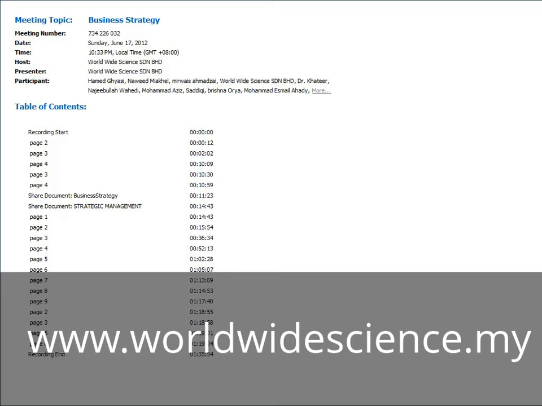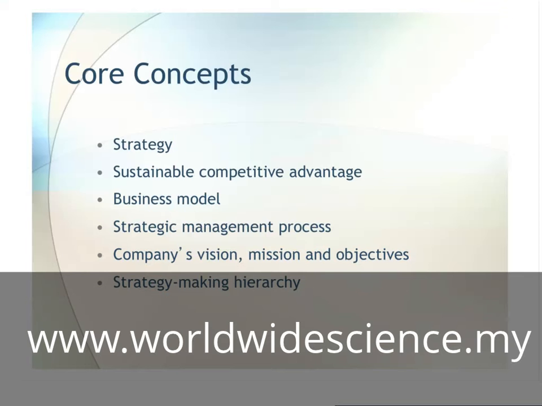I also want to explain some key issues before we move forward. So let's also include these core concepts of strategy, sustainable competitive advantage, business model, strategic management process, company's vision, mission, objectives, and strategy making hierarchy. So these are basic concepts that you need to know before we move forward. So let's just explain a bit about that, because I'm using all these terms, and